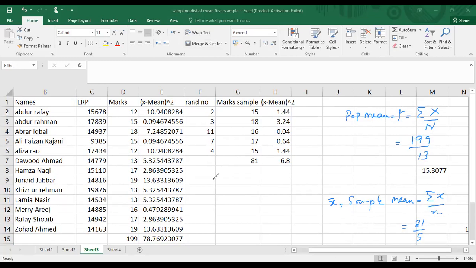The sigma square can be calculated as sigma square is equal to summation X minus population mean whole square divided by the population size. And in this case, it is equal to 78.769 divided by 13. This is population variance, and sample variance can be calculated as, I am just changing the color to represent